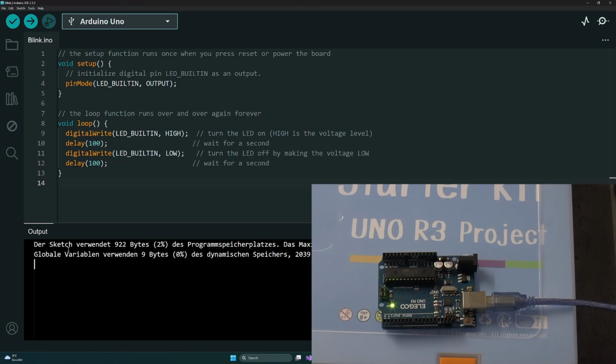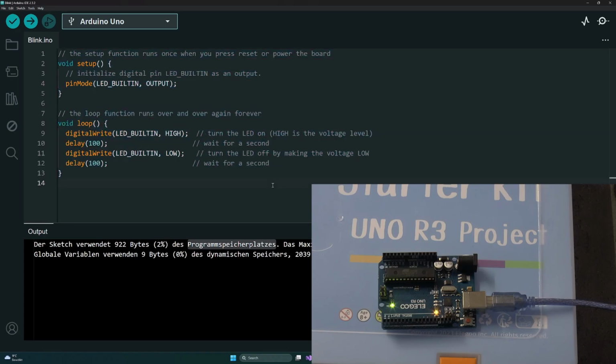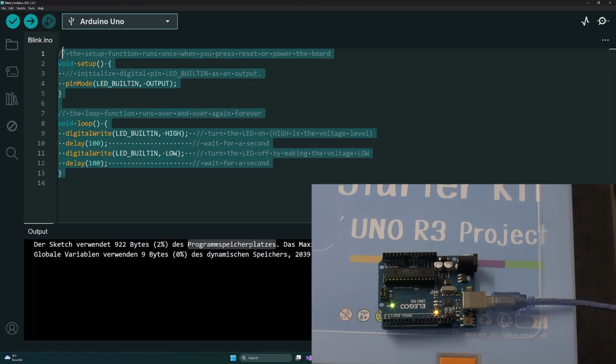So basically, when I compile it, it gives you a few pieces of information. For example, it tells you how much of the Programmspeicherplatz, which basically means data flash, is used. For example, this application, including all the features that are implemented in the Arduino software stack that we are using,